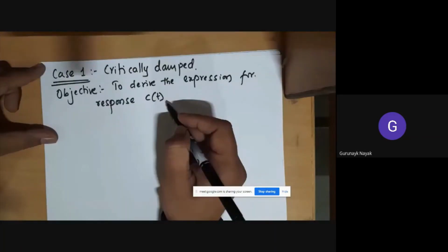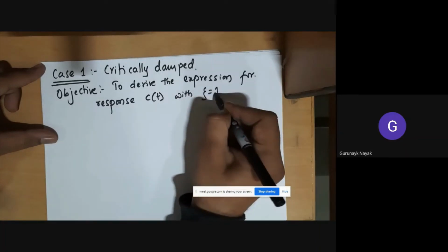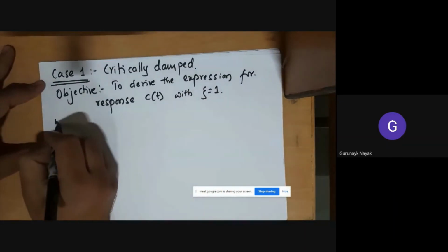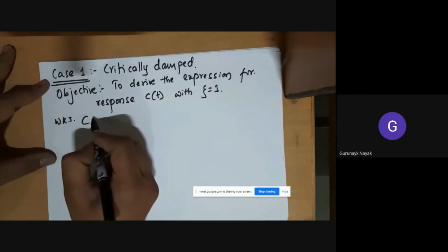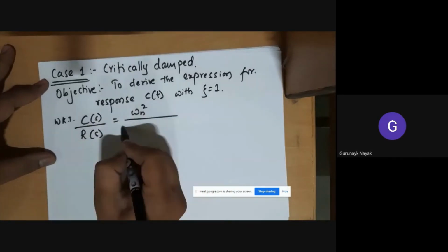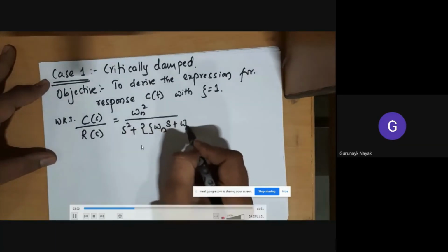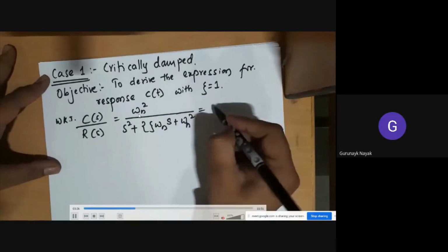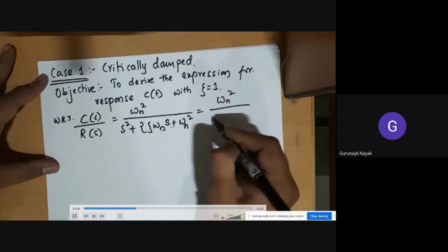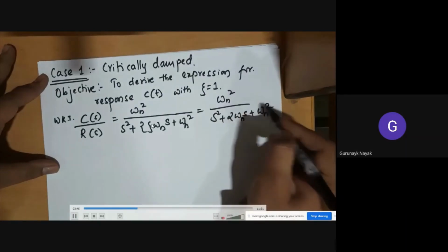So now forget everything: the critically damped case, zeta equal to 1, 36 divided by s plus 6 into s plus 6. For this, we should know why the response was like that, why it was gradually increasing and settling at 1. That we have to derive now. So we start from fundamentals. We know that the standard second order transfer function is omega n square divided by s square plus 2 zeta omega n into s plus omega n square. And now, without any doubt, I will substitute zeta equal to 1